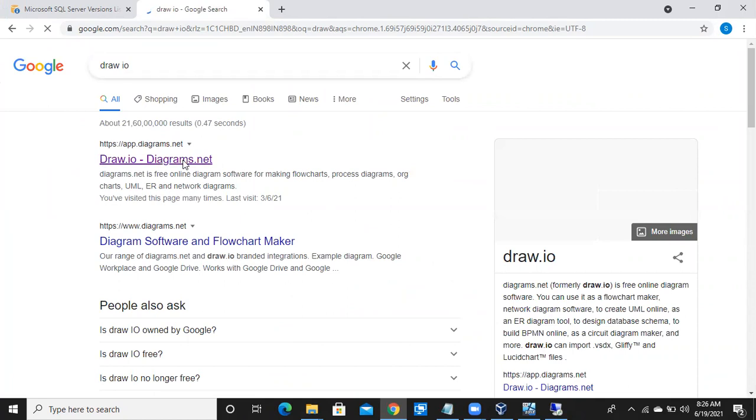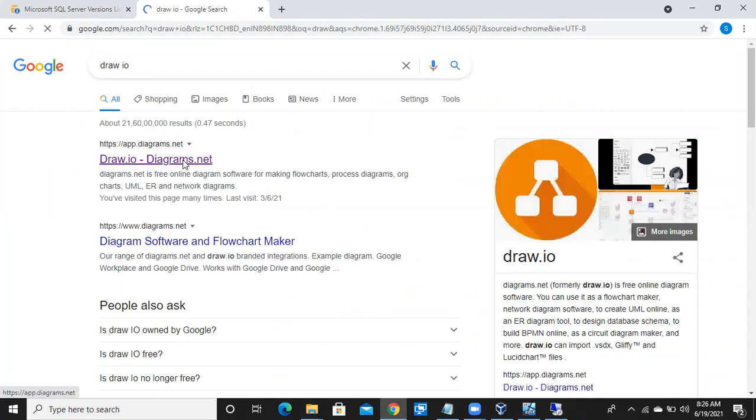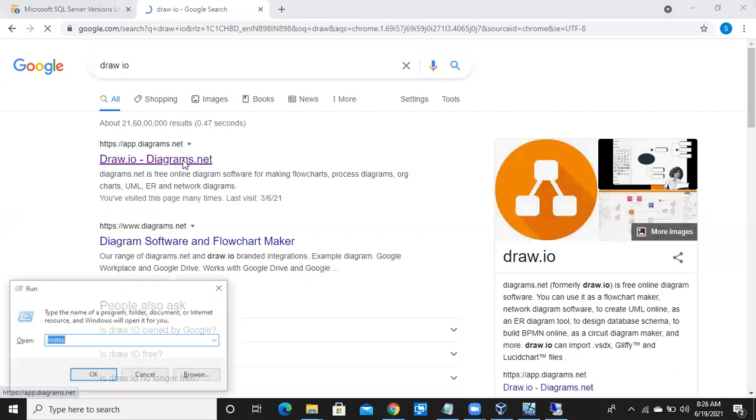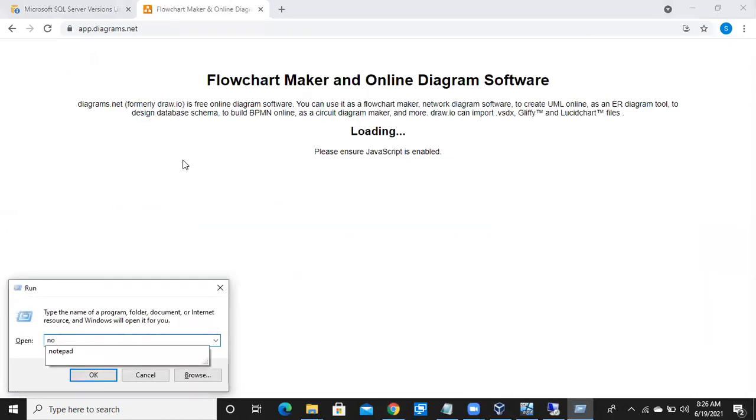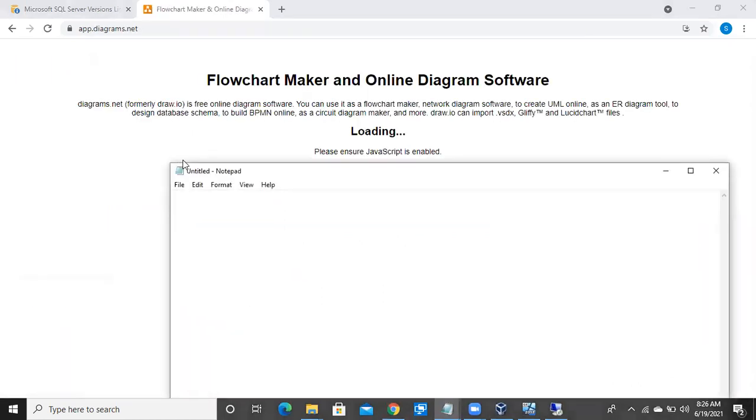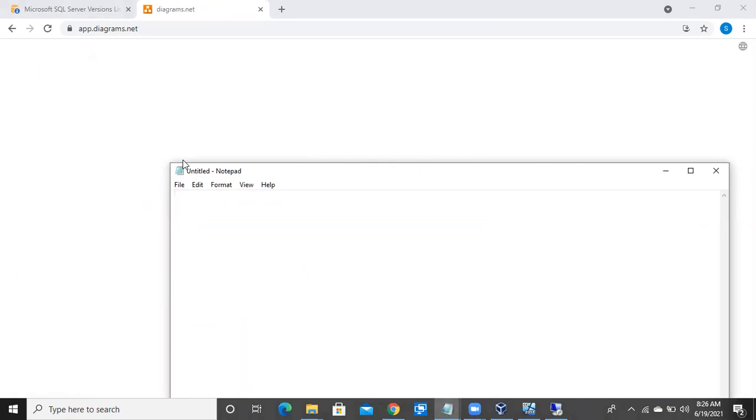Okay, so authentication, authorization. We have mainly four terminologies. One is authentication, second one is authorization, third one is principal, and fourth one is securable.